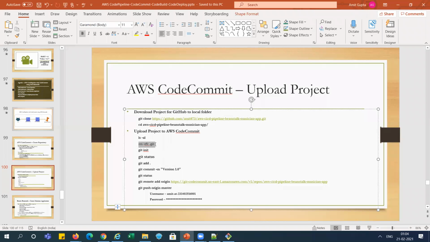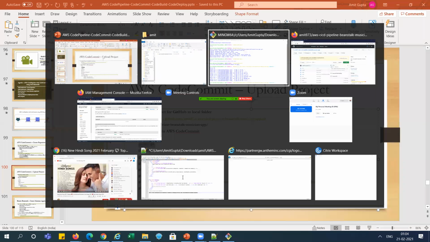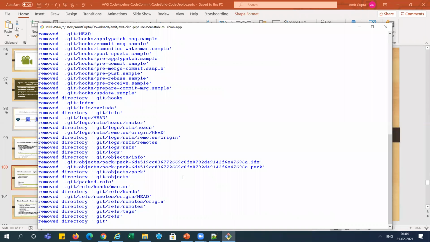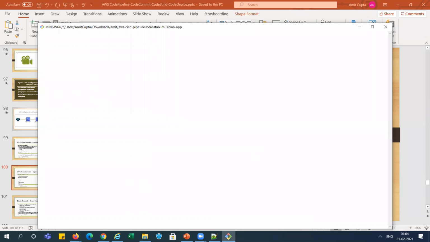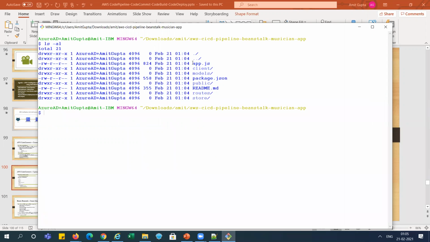So I will run the rm command. After that, we are not able to see any local Git repository. So first we need to run git init to create the local Git repository.